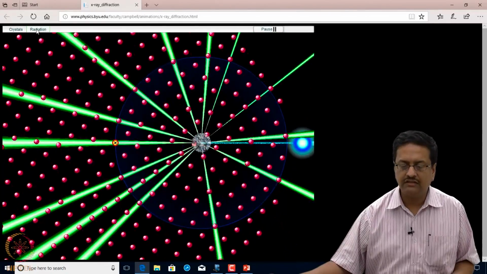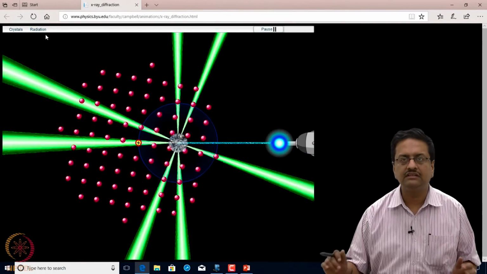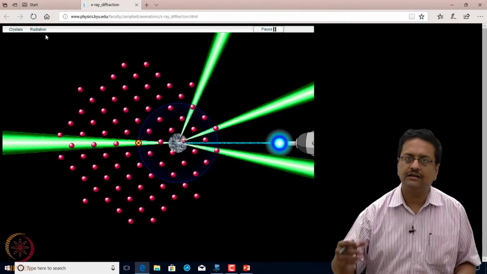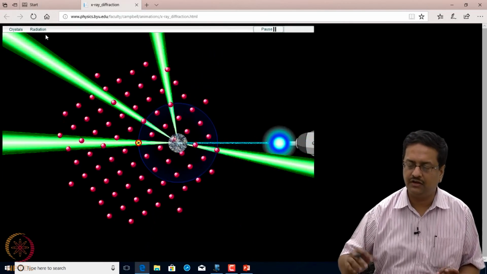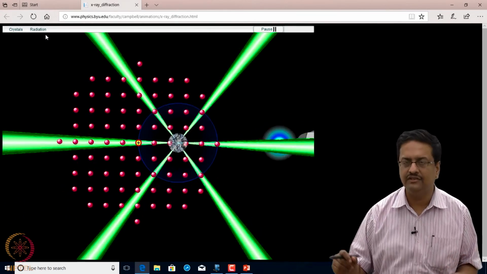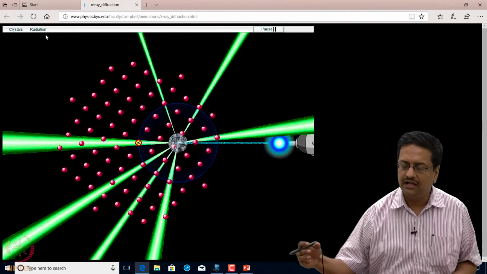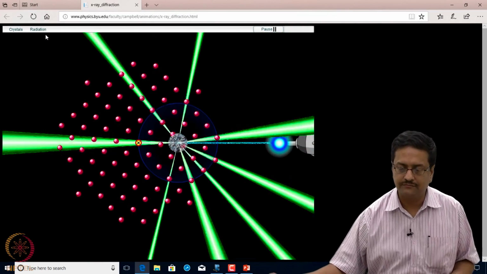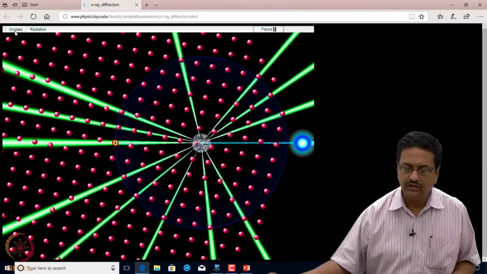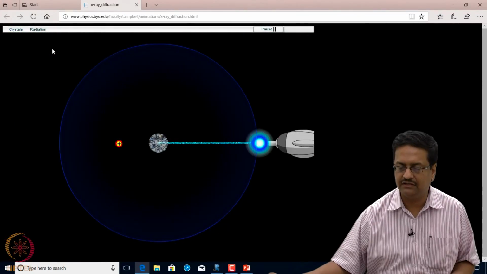Now, if we change the radiation from molybdenum to copper, you see that the size of the sphere has become much smaller. So, the number of reciprocal lattice points falling within the limiting sphere of diameter 2 by lambda has reduced, and the number of reflections that one can achieve has drastically reduced. If I choose a different lattice, a different crystal,